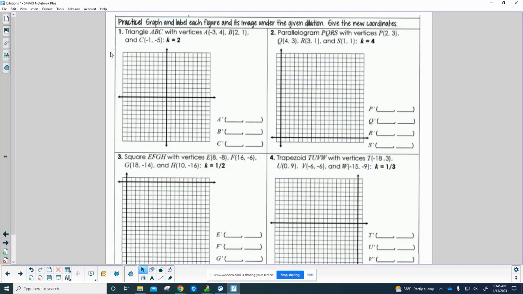So let's try a couple of these, and we'll do the best we can. Keep in mind, though, that I'm not going to be able to do all of them because it's a little difficult on a keyboard and a mouse. So for the first one, triangle ABC with vertices A (-3, 4), B (2, 1), and C (-1, 5). If we enlarge it using